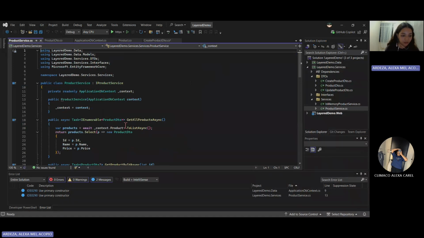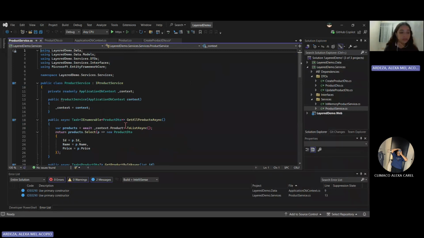We have two implementations of IProductService. ProductService uses Entity Framework and SQLite, while InMemoryProductService uses a temporary in-memory list, perfect for testing. Both classes share the same interface, so nothing else needs to change.